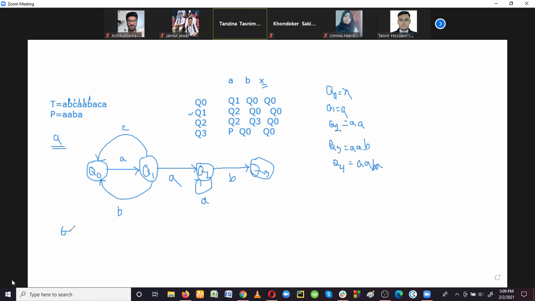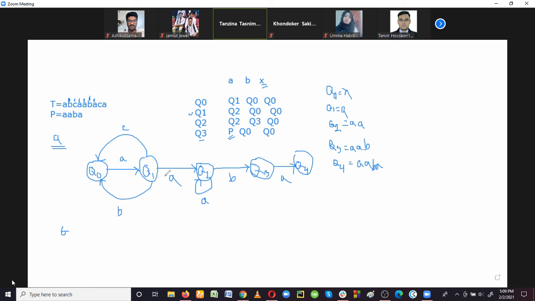And what about the length of pattern? Length of pattern is 4. But look at this. Do we actually get our pattern? We didn't get our pattern. We missed one step. Look at this. We have another state, Q4, right? So now it will again read the next character A. So when Q3 receives A, it can now move forward to the final state Q4. Now we got our pattern, that is A, B, A.